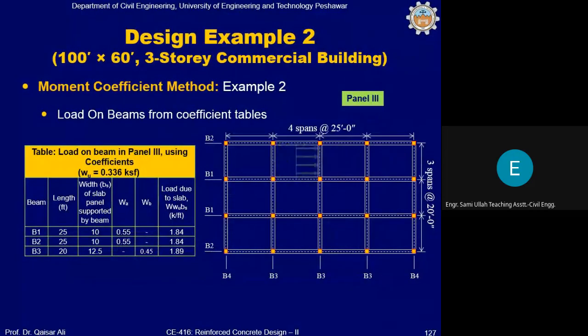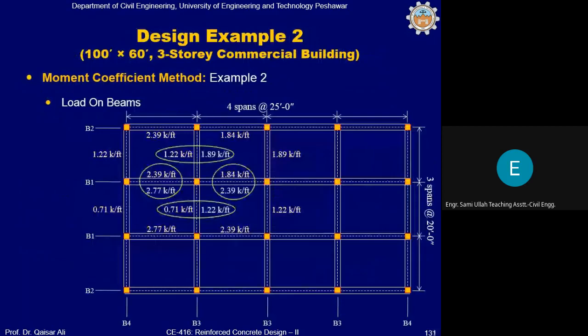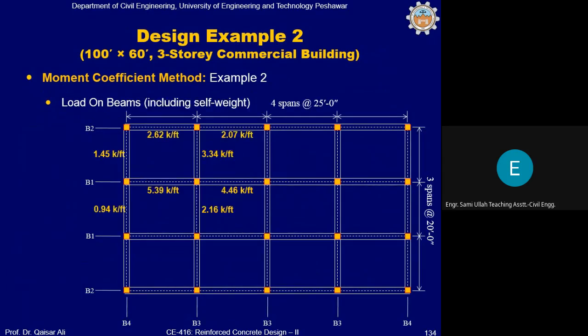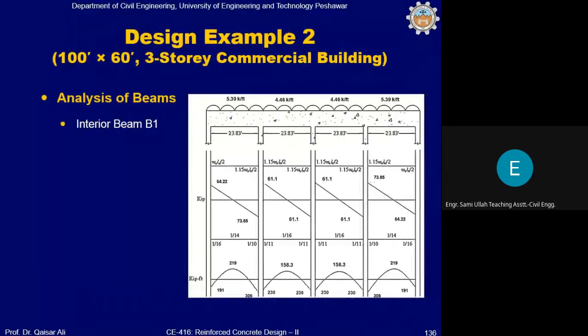Now you can understand it, that how the load is transferred from the slab to the surrounding beams. Okay, these steps अब आपको ऑलरेडी पता है, ये स्टेप्स सारे, ये वैल्यूज हैं, इनको प्लस करें इंटीरियर के लिए। दीज आर दी वैल्यूज, उसके साथ सेल्फ वेट ऑफ द वेब के साथ ऐड करें। दीज आर दी वैल्यूज नाउ, और कोफिशिएंट मेथड से आप इसको इस तरह एनालाइज कर सकते हैं।